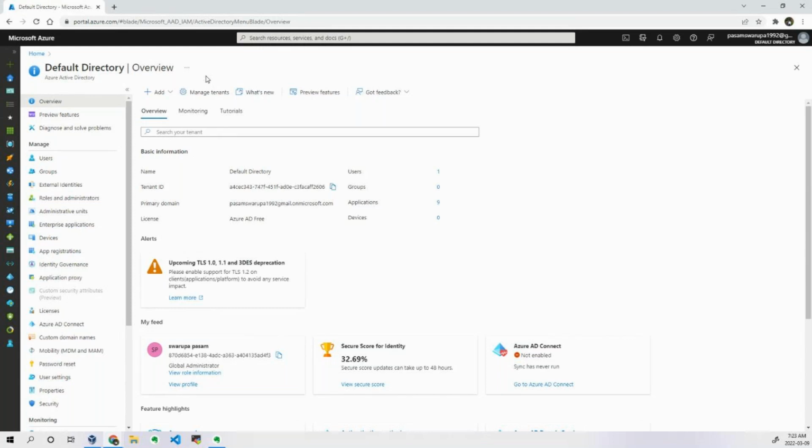So this is the first thing we have to keep in mind. Now, whenever you try to create proper details and all, this is how the portal looks, and for you also it will be a default directory. This is the first tenant, or you can call it an organization, which will be created by default. If you also create an account today or tomorrow, you can see this particular thing.